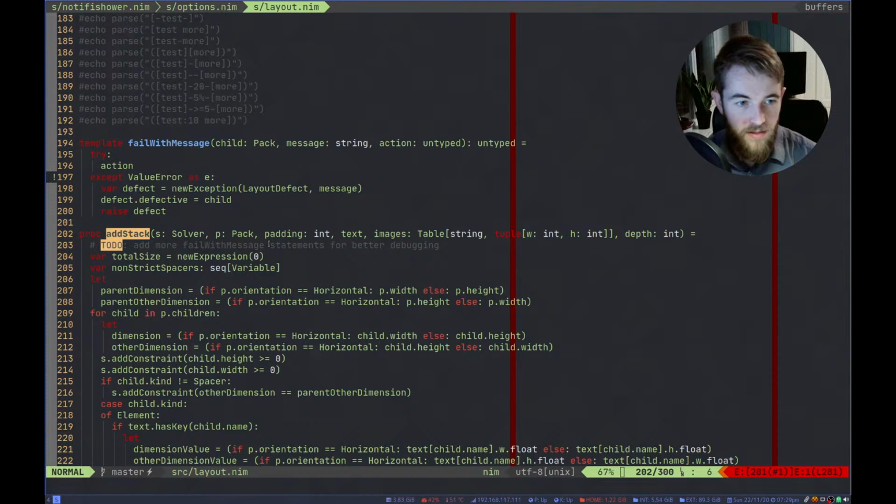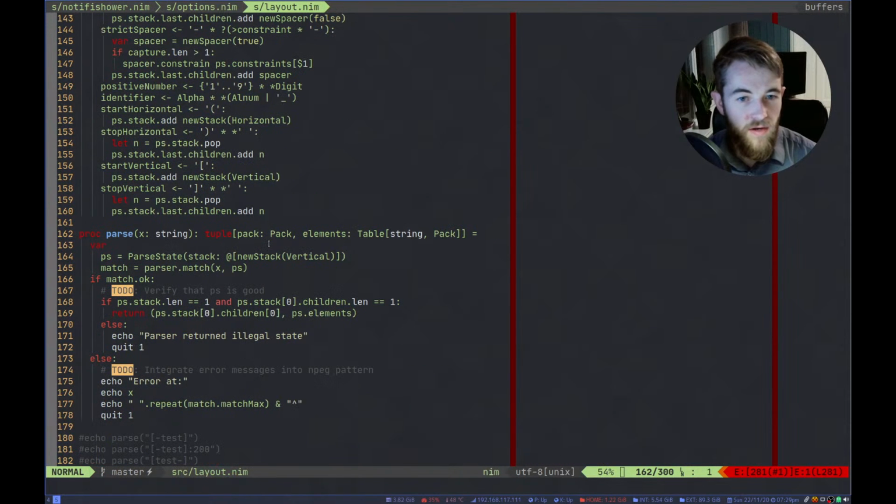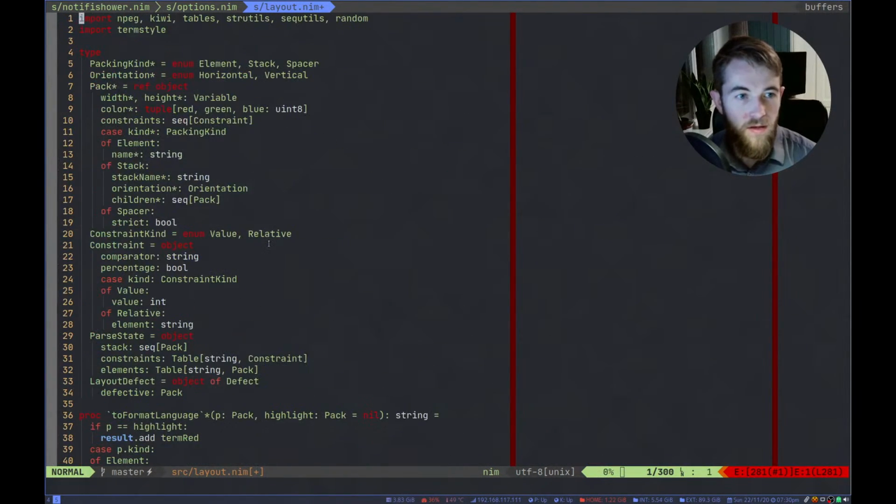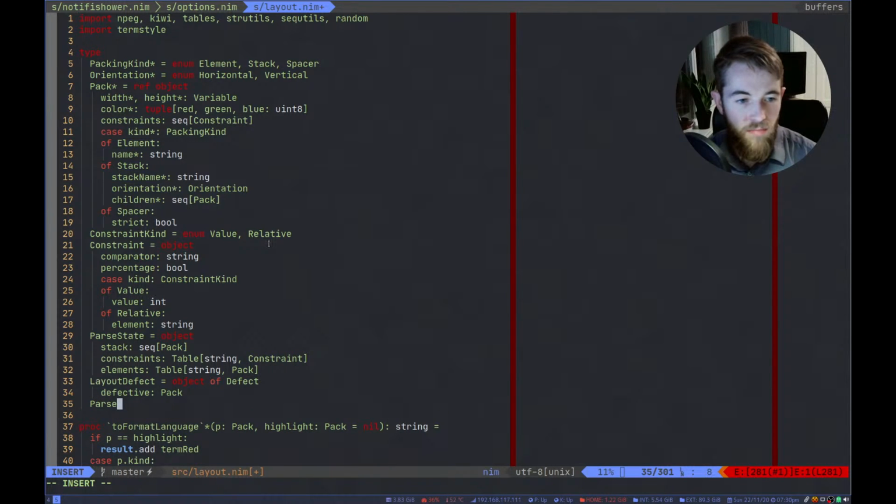And this add stack now needs to take... let me create an alias for this. What can we call this? Let's say parse tuple. Go up here and say parse tuple is equal to this thing. You know what?